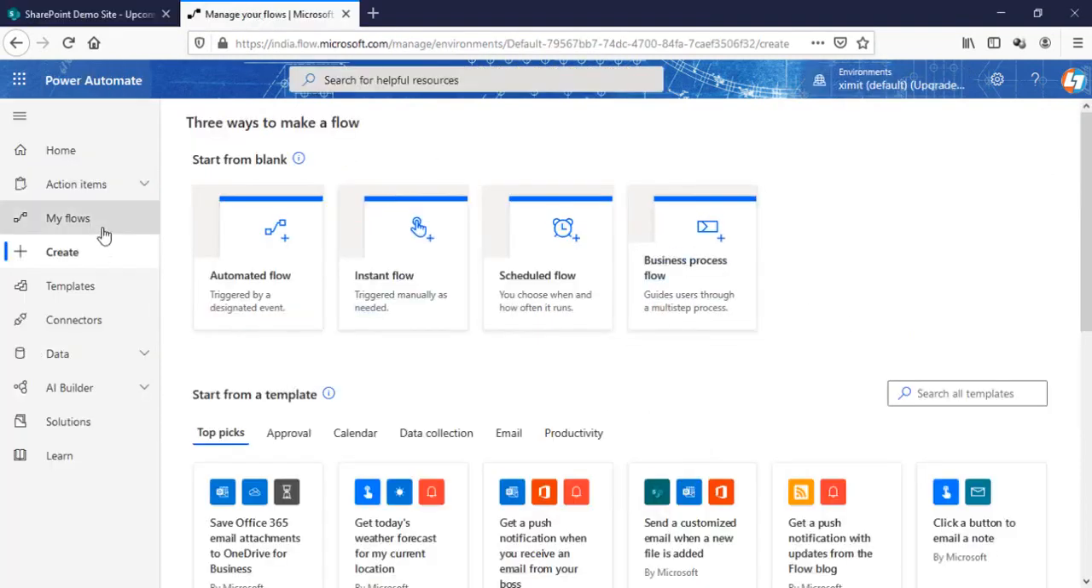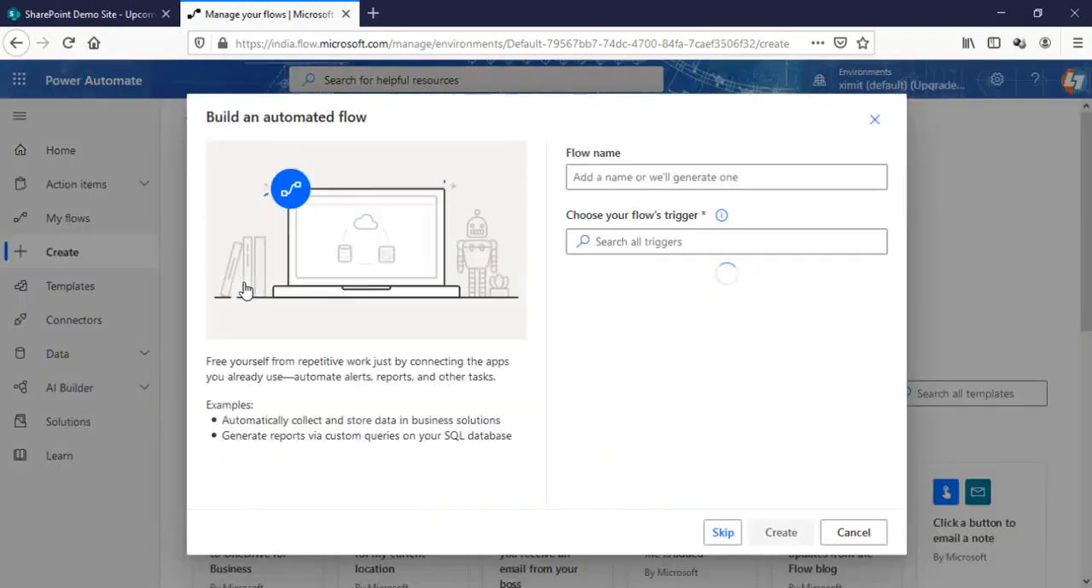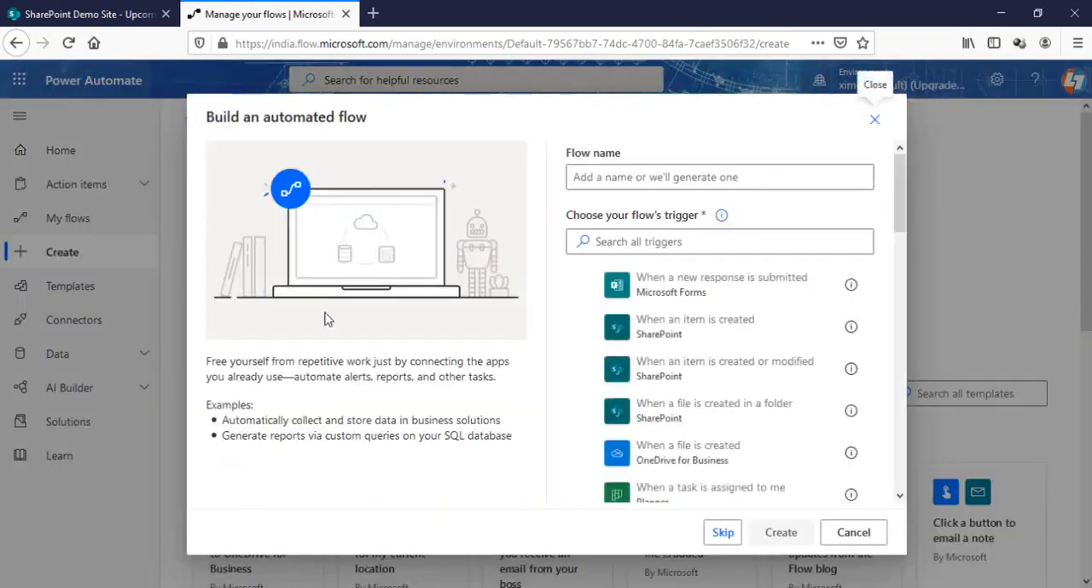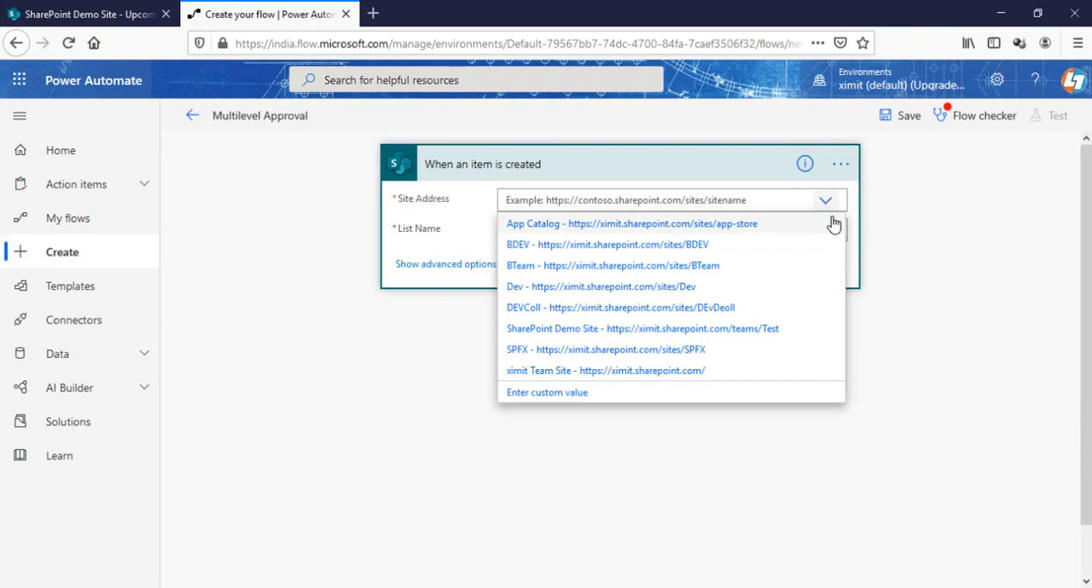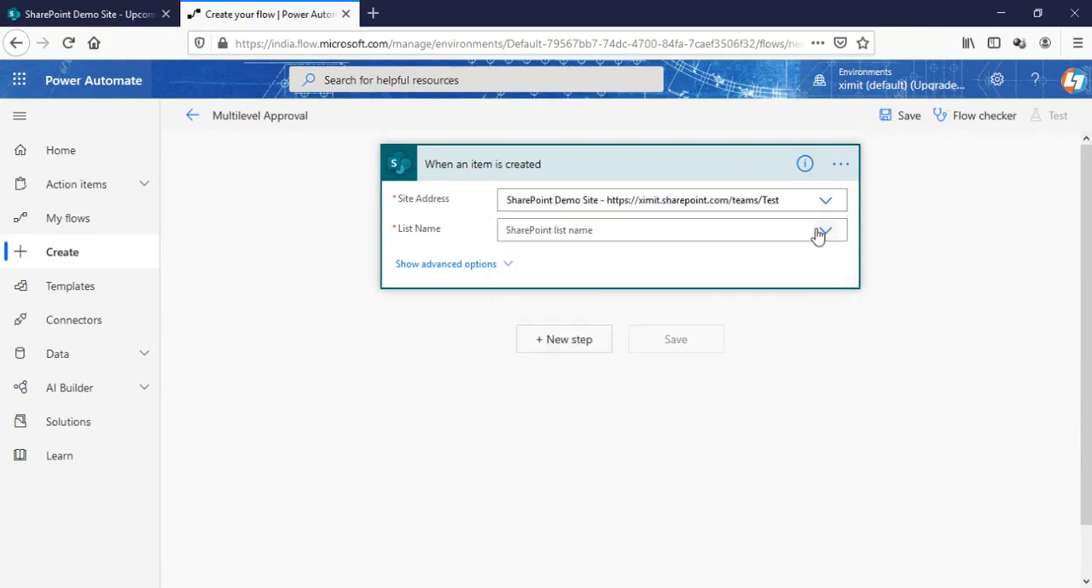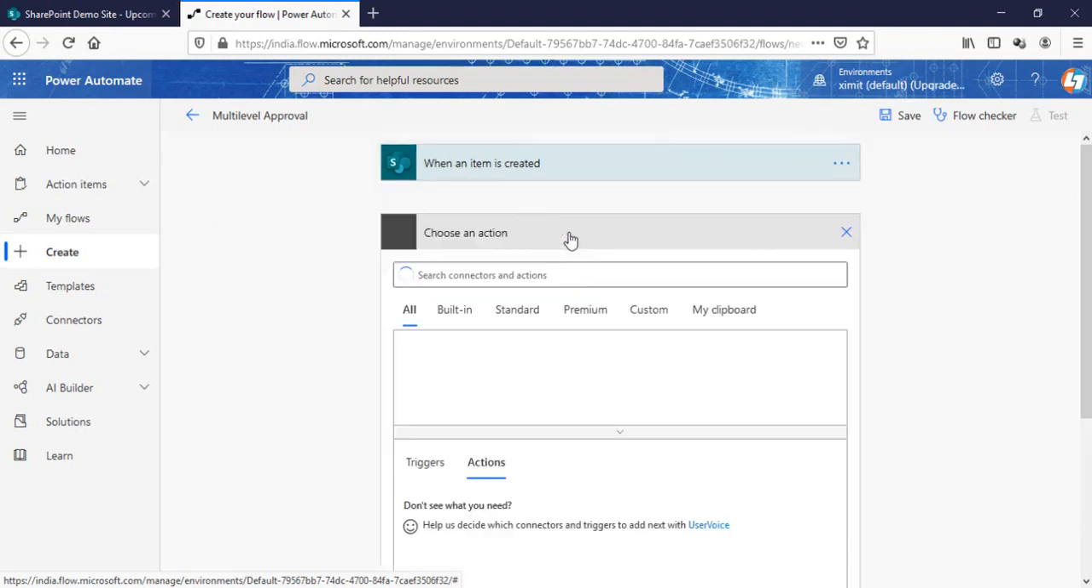I'll go into my Power Automate and create a flow right now. I'll start by creating an automated flow. I can choose the trigger option as when a new item is created in SharePoint list, and name my flow multi-level approval. Click on create, select your site name, select the list name, and step 1 is completed. The next step is